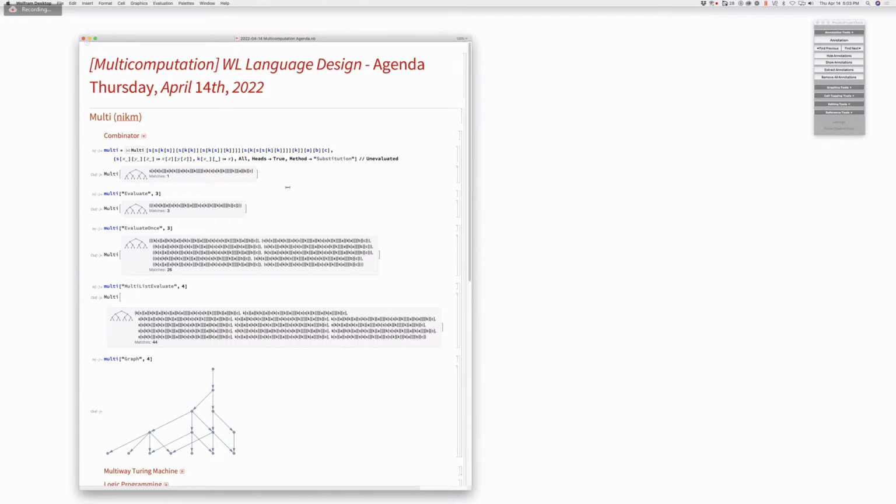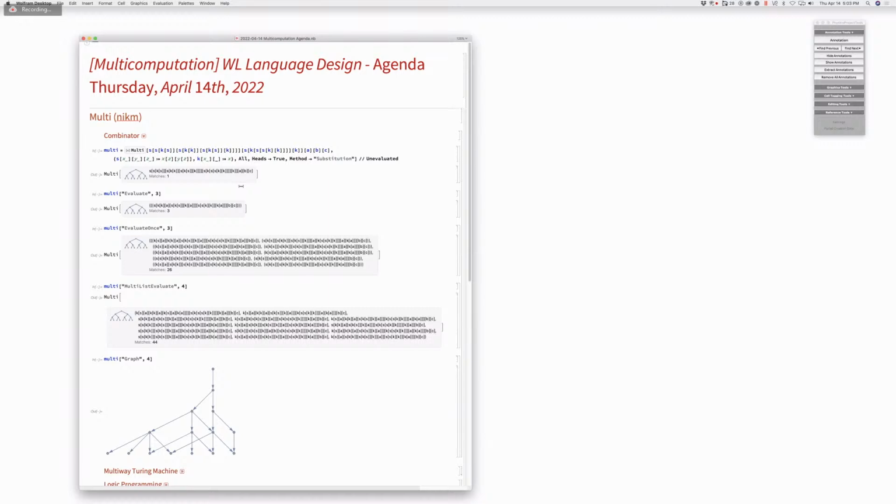Okay, so let's understand what this object is. So, multi. What is it doing here? This is like a holder for a bunch of rules and options right now. You give it an expression, and you can give it an expression and a list of explicit rules. That's one of the things that it can do. And on those,